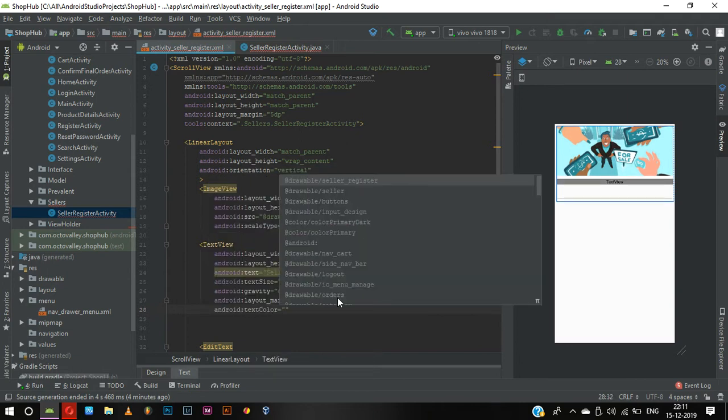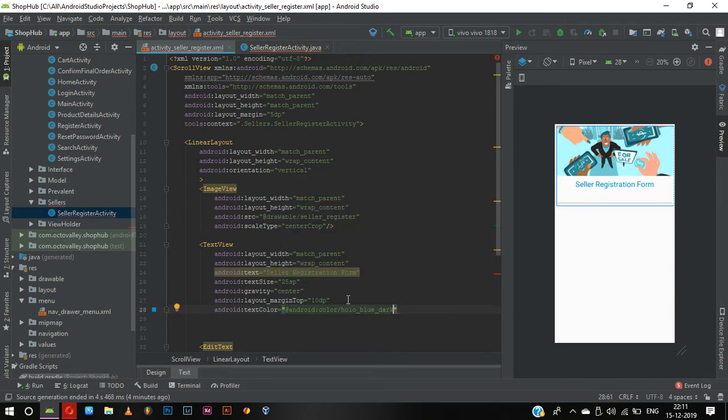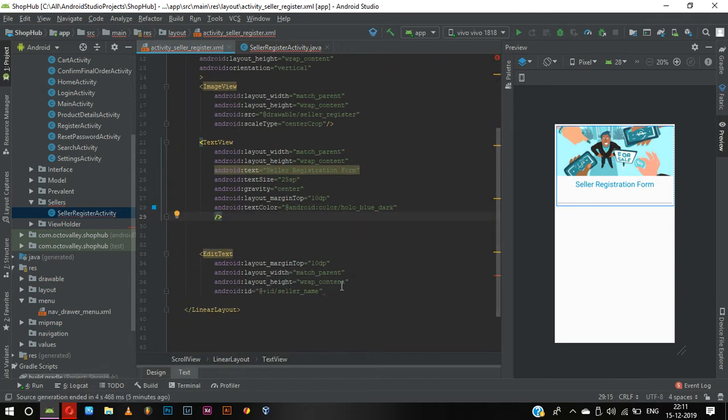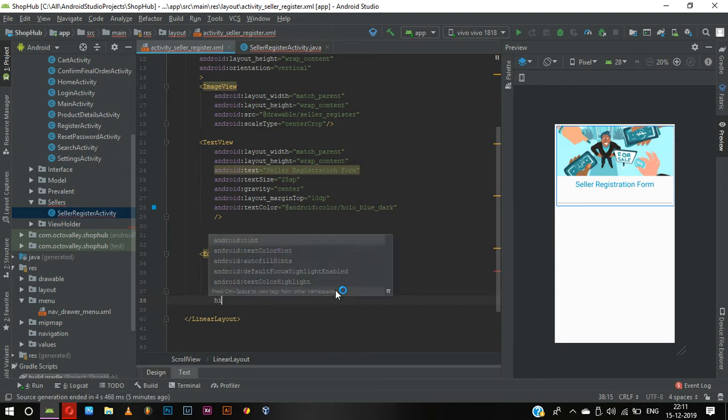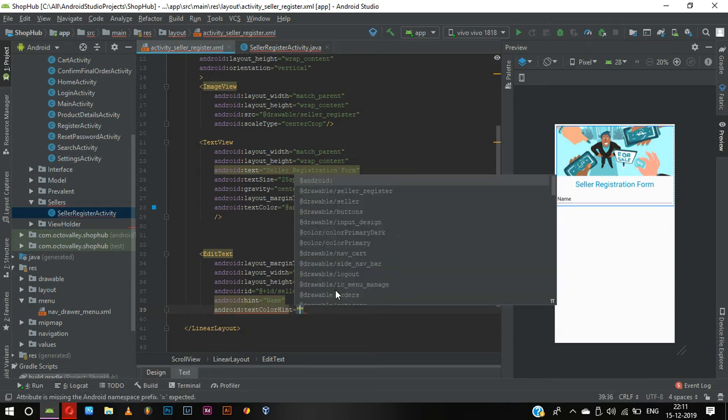Text color should be, and what we can do is, at Android you can give whatever color you want. I'm going to give this one hollow blue dark, and yeah, it's enough for it. And here the seller name, we need to give the hint as name, and the hint color, text color hint should be color primary dark,